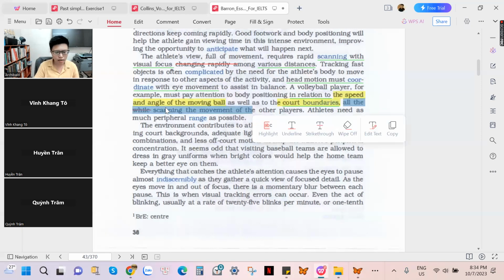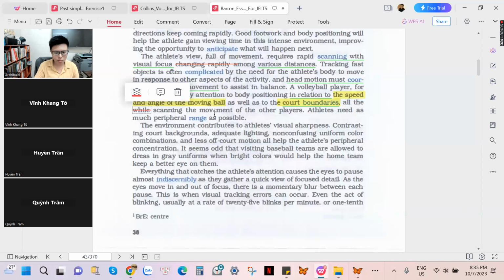While scanning the movement of the other players, right? So the "other" here is a writing error by the writer of this reading article in this IELTS book: while scanning the movement of the other players. See,